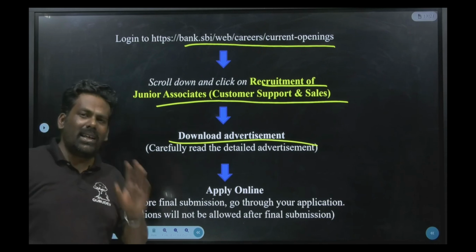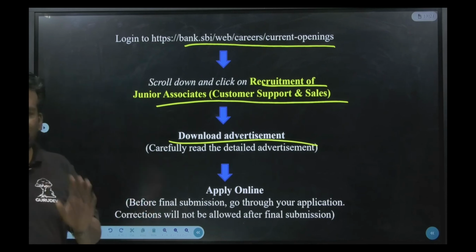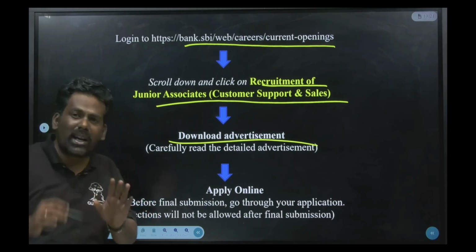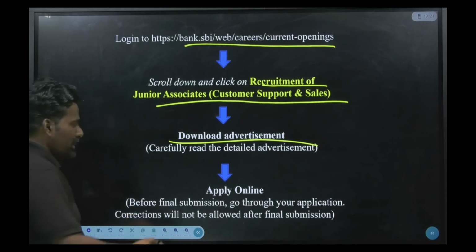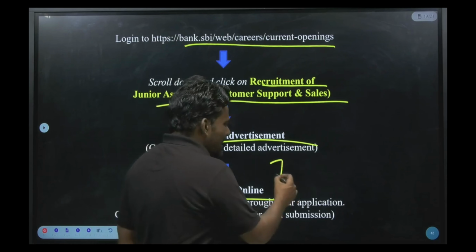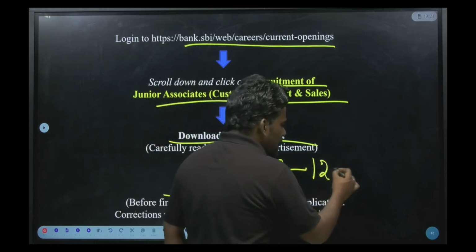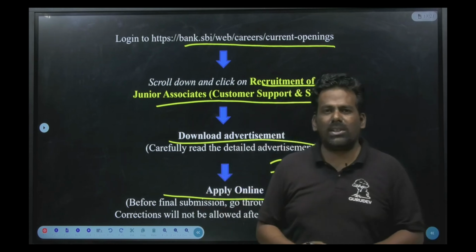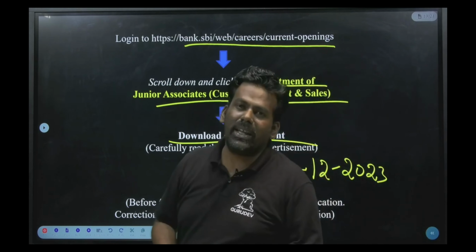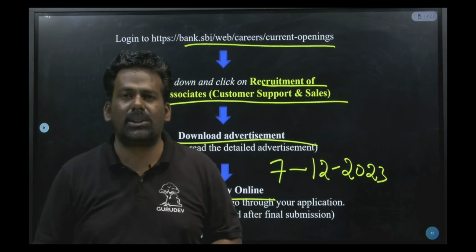Then there are some annexures which you have to fill up. There are some declarations you have to write down. Read the notification completely and apply online before 7th December 2023. Don't miss this opportunity, students, because we don't know next year how many vacancies will be released by SBI